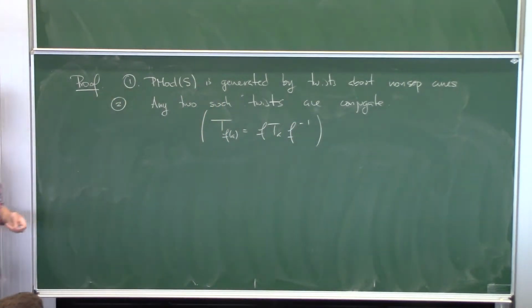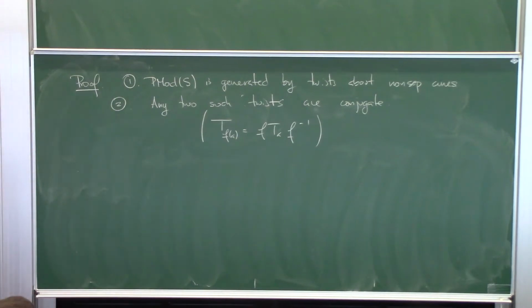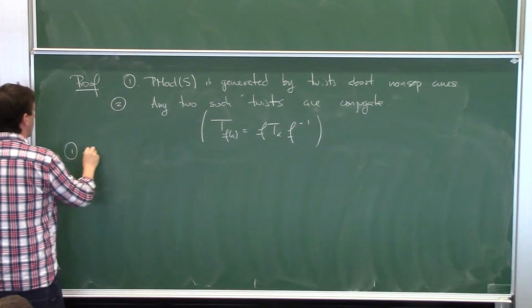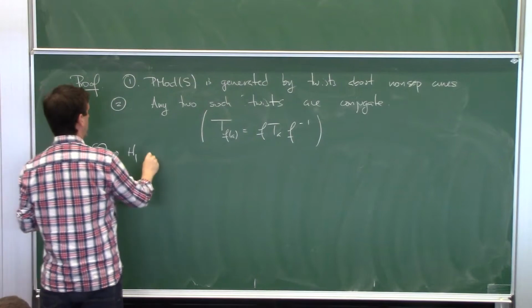So when you take the abelianization map, these two facts together tell you that the homology of the pure mapping class group is cyclic. So 1 plus 2 say that H1 is cyclic,